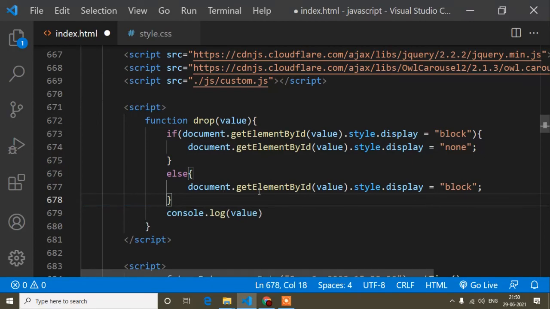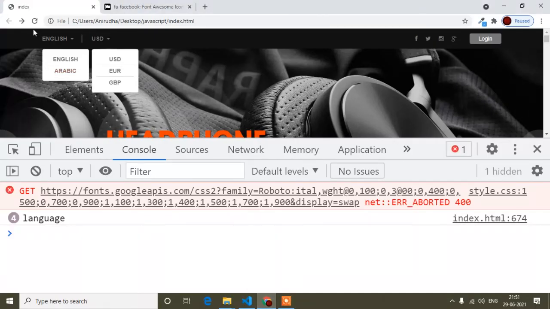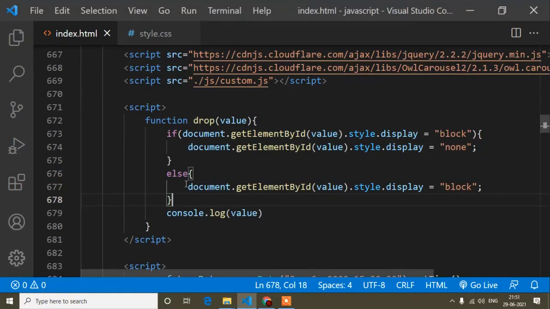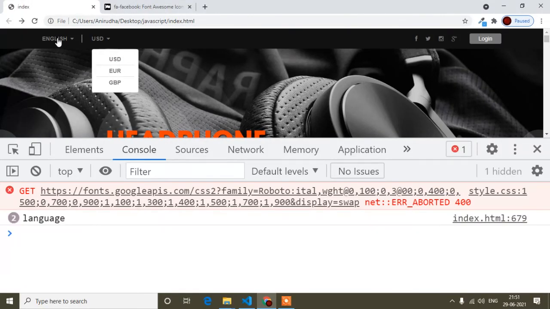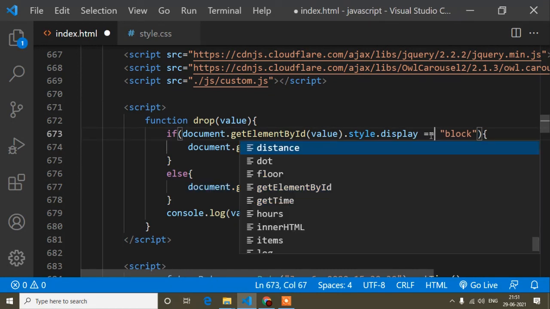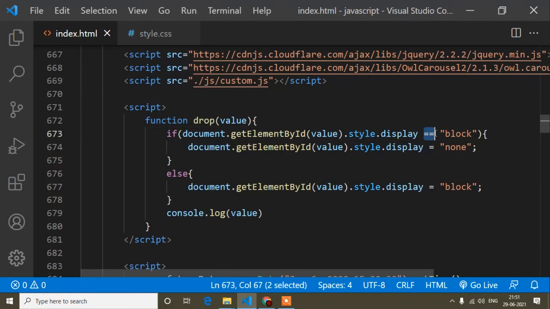Okay, so I hope it's clear. So refresh. So now first of all it's not open, that means it will come to our else part, because when it is blocked it will be none, and when it's not blocked, it will come to our else part. So if I click, it's not opening. So here, okay, I have to write double equals, because I have to check whether it equals block or not.